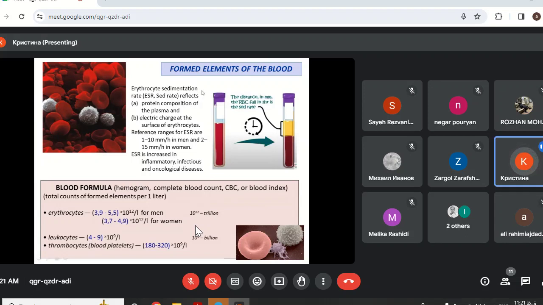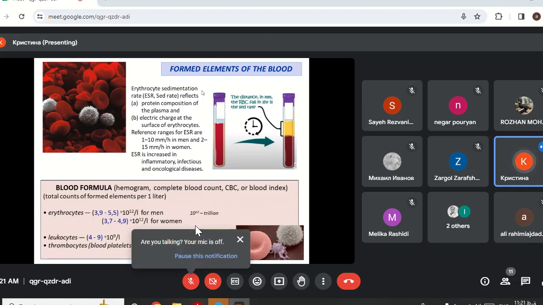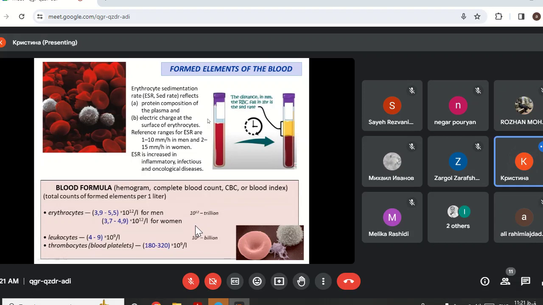And it reflects the speed of falling of erythrocytes, and it reflects the protein composition of the plasma and electric charge at the surface of erythrocytes. And we also have the normal ranges for this ESR, which is 1 to 10 millimeters per hour in men,